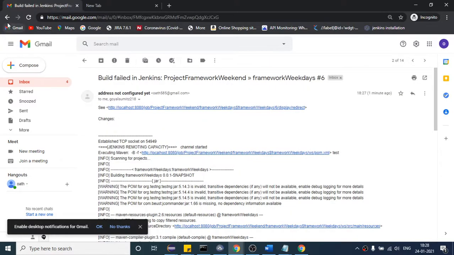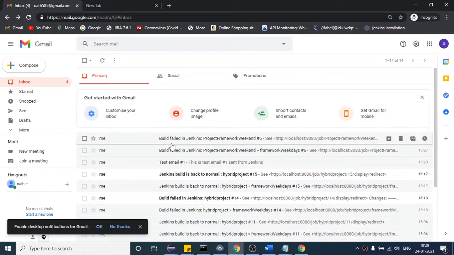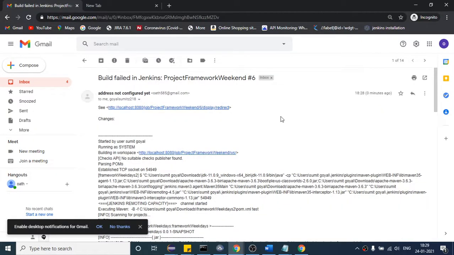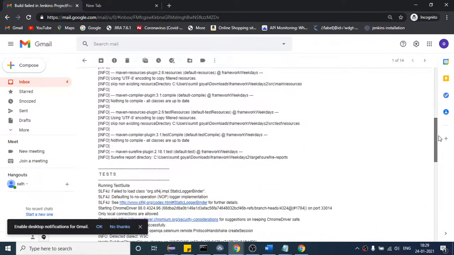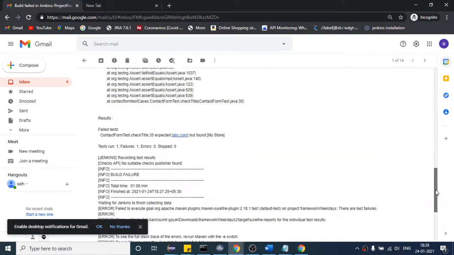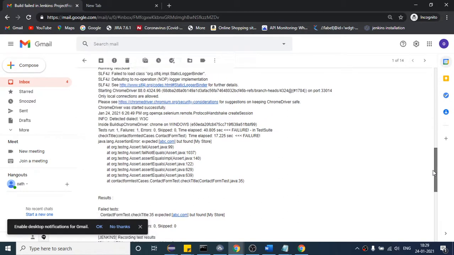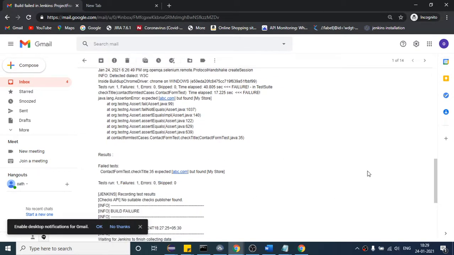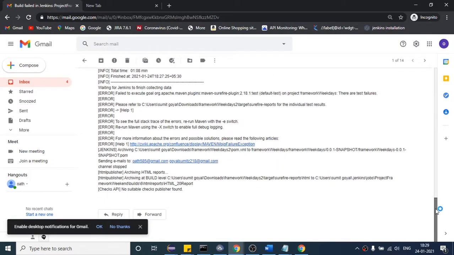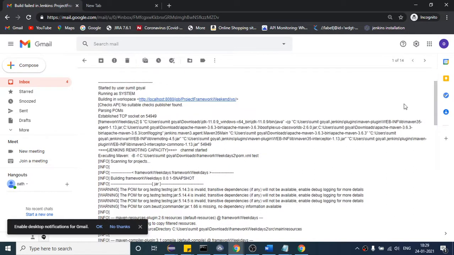I think these are the same mail. But you can see what it is saying. However many test cases there are, the entire thing will come here. So you can also see from the email that something wrong happened. So test run one, failure one, right? And everything, right? So whatever comes, you can also send the email. So is it clear to everyone how you can send the email? So you can also access it from here as well. Okay. Yes, Sumit. So you can also try to add more emails.